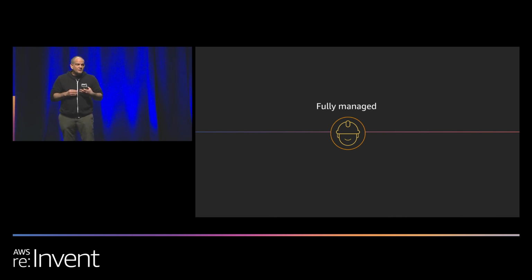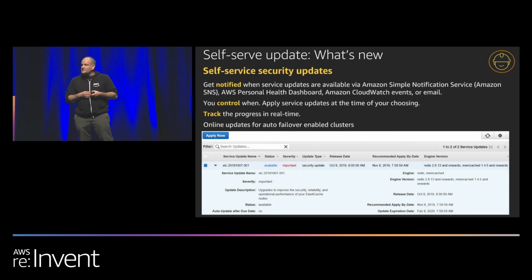So we've talked a lot about how we do the heavy lifting. We take away a lot of the complexities of running Redis. But we still need to enable customers to control their own fate in some cases. For that, we introduced self-service updates. Essentially, some of our customers have compliance regimes, and they need to be able to perform updates when it's convenient for them. We used to have this service window, which was very draconian, right? You have to make sure that you don't have a lot of traffic during that, and so on.